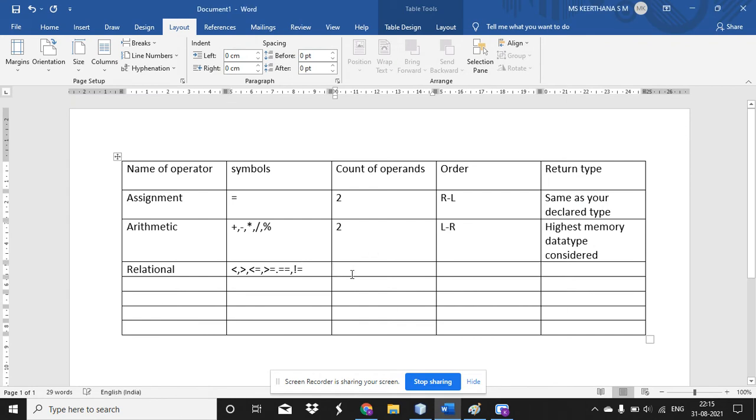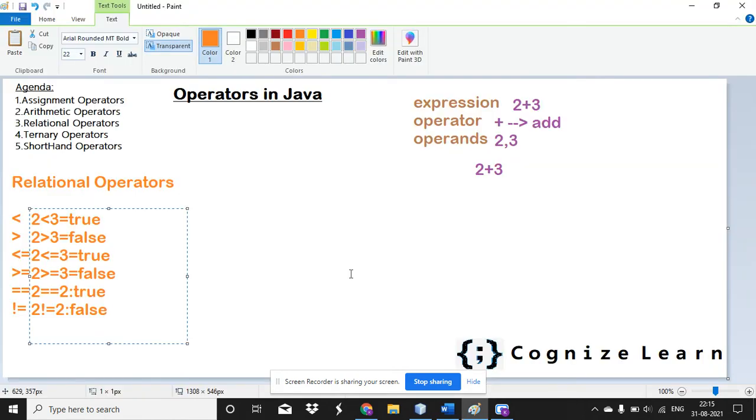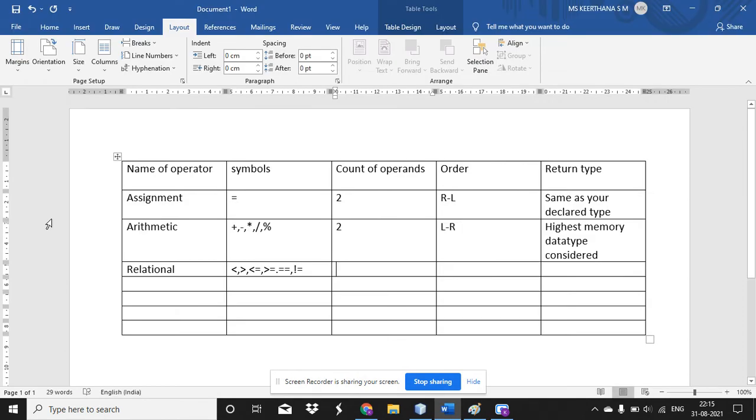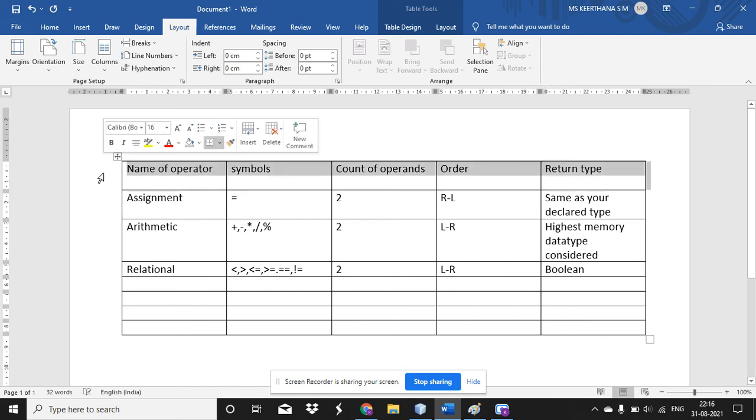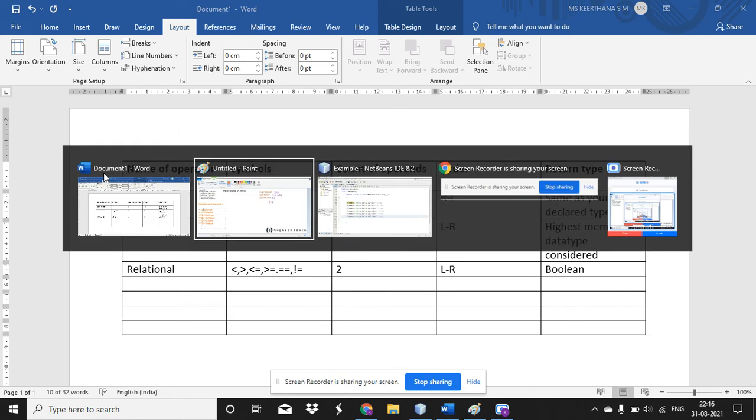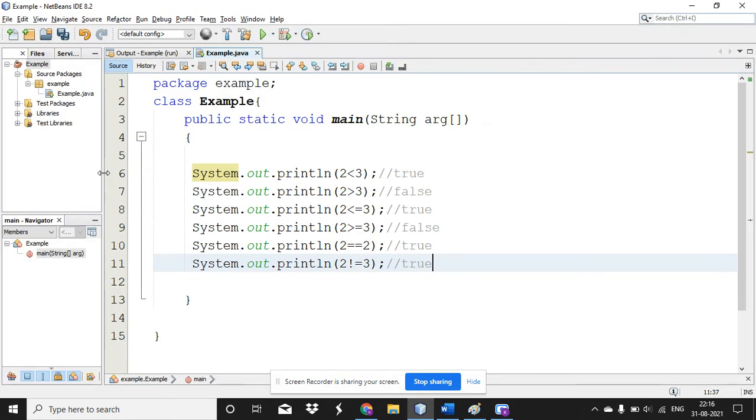And how many operands does it need for execution? The first operator, less than, needs two operands. The same for all the others. So the count of operands is 2. What is the order of execution? It starts from the left side and ends at the right side. And what is the data type or the return type used? It is Boolean. Okay. Any doubts in this? If you have any doubts, please post them in the comments. I will clarify that for you.